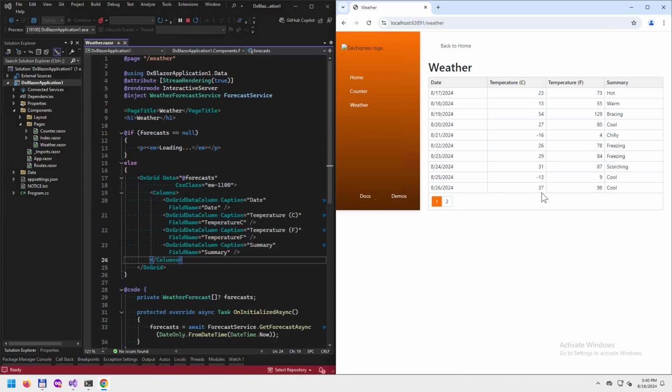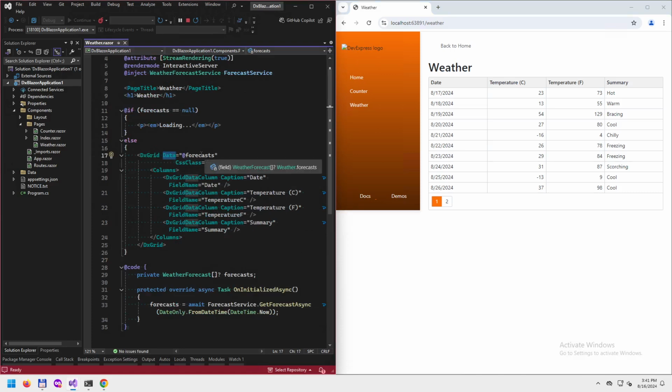And additional functionalities which exist on the DxGrid are not being displayed by default. But you can, by adding more source code to the Razor page, make some of these built-in functionalities visible. Okay, so the DxGrid has binding to this field,